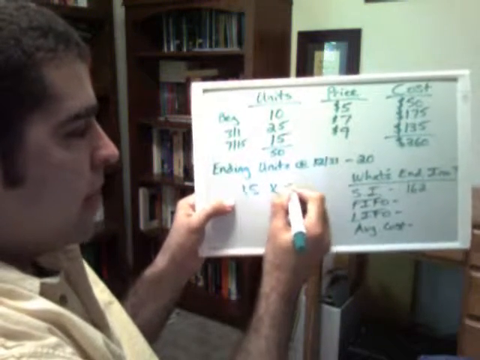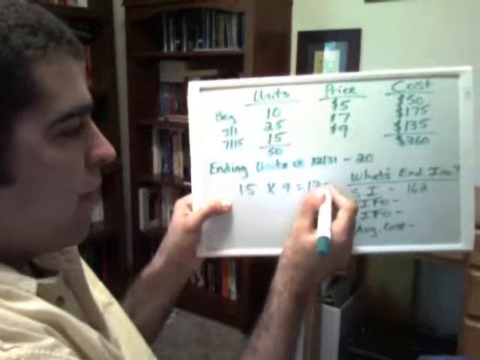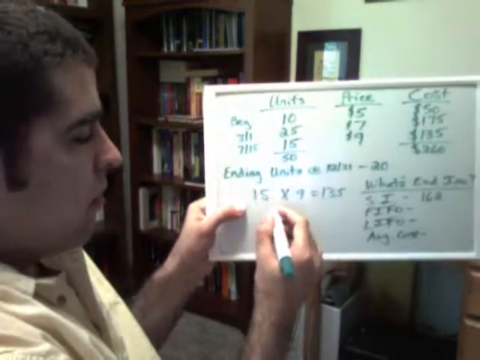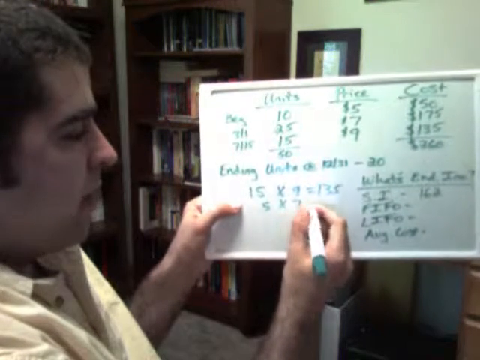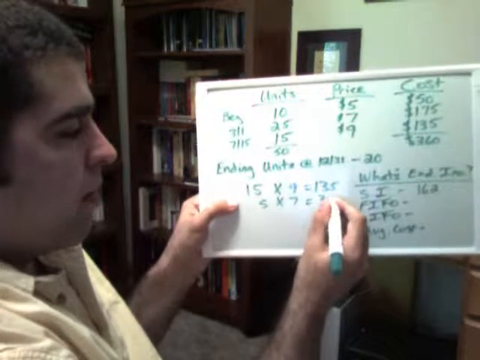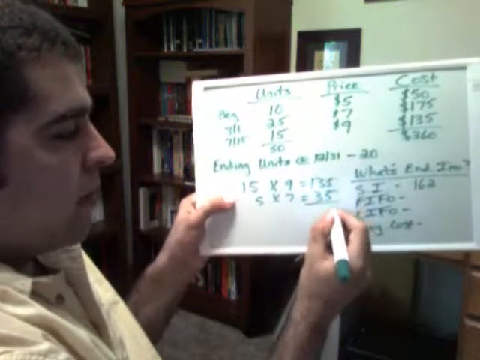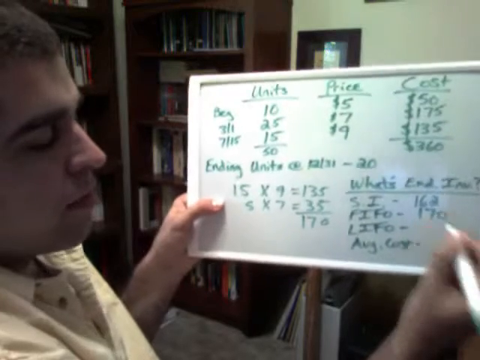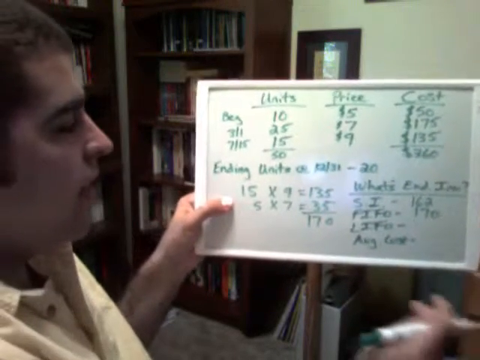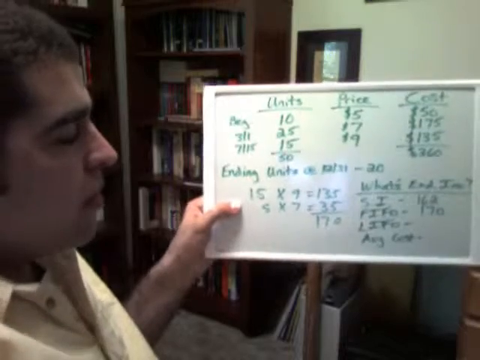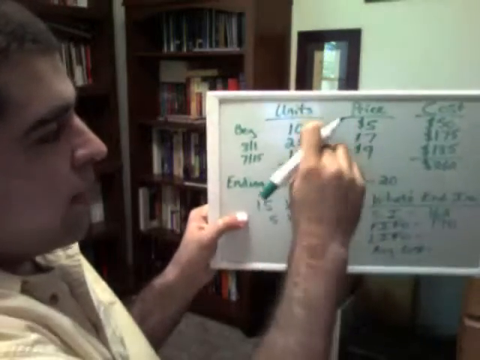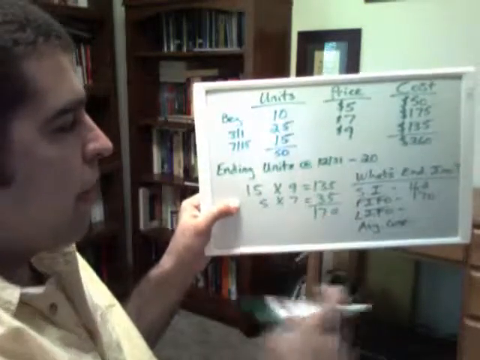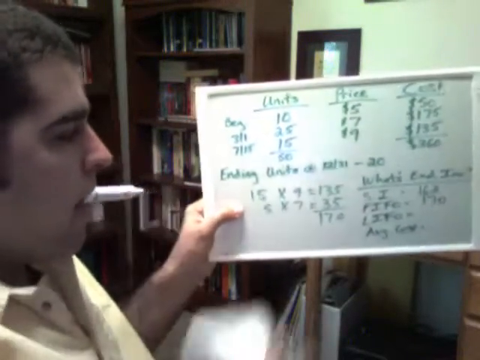15 times the 9 cost is 135, and we have 5 left, so we pull from this section here. 5 times 7, 35. Add those together, 170. 170 is our FIFO ending inventory. You got that? You see how I did that? So what would be the units that are in the cost of goods sold? Well, they would be the 10 from this first bucket and 20 from the second bucket, first in, first out. Okay? Now LIFO